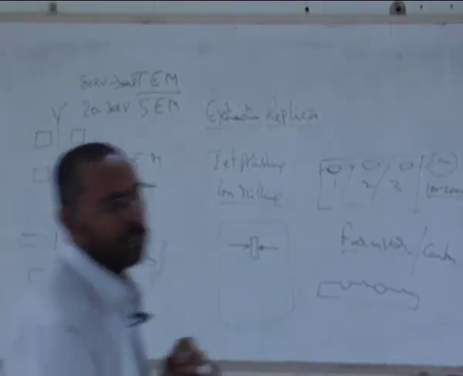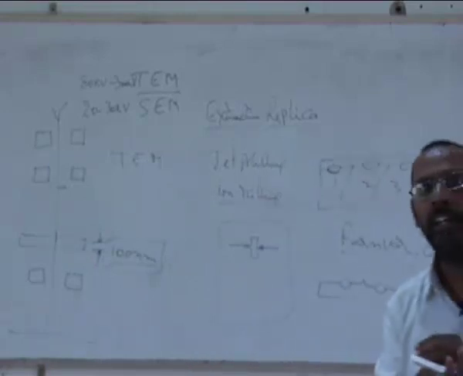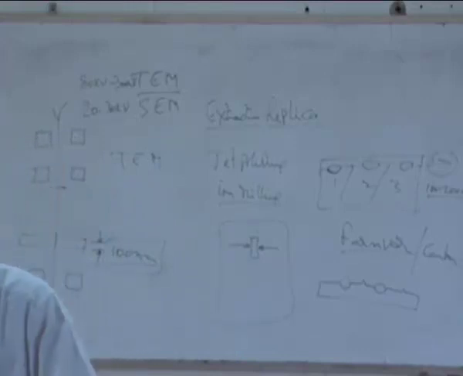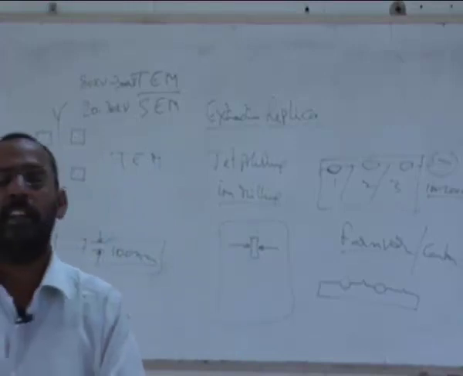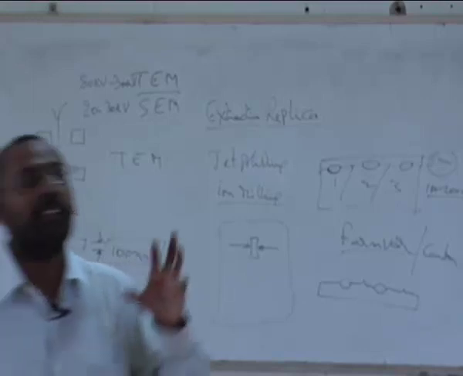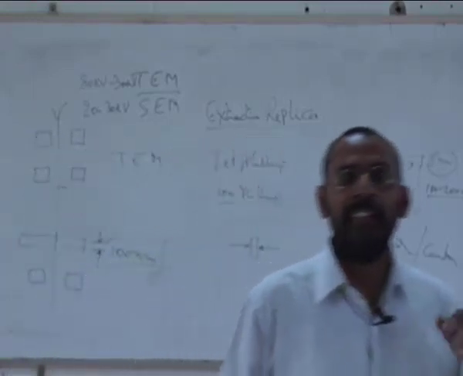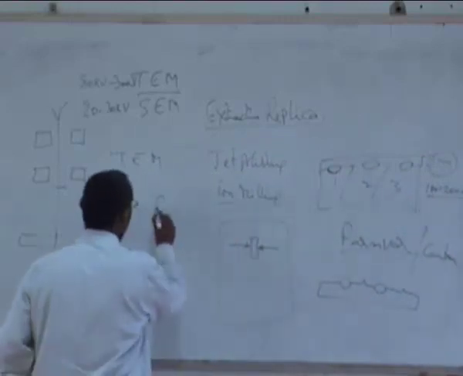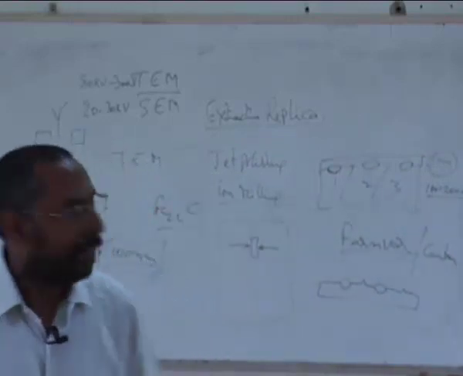No? Okay. So that means you have not read about the tempering well. If you go back once again to a book like Reed Hill, or even the Raghavan Physical Metallurgy book, you will see this information. You will see that this is called epsilon carbide, and it has a hexagonal structure. It is Fe2.2C, and it has a hexagonal structure.